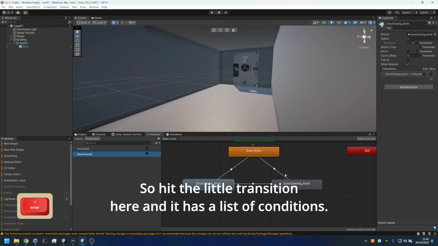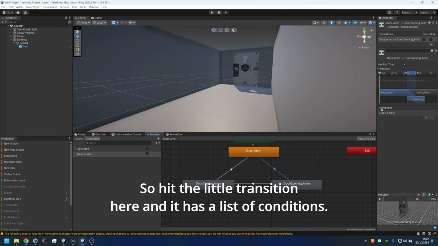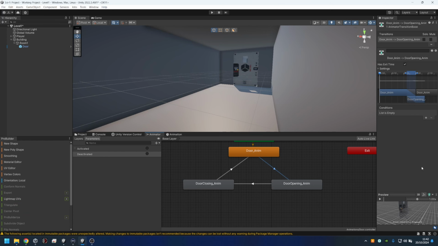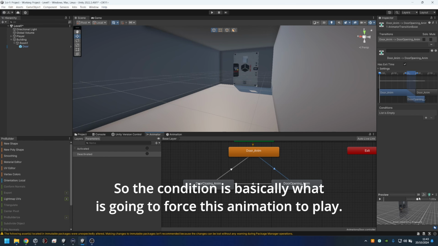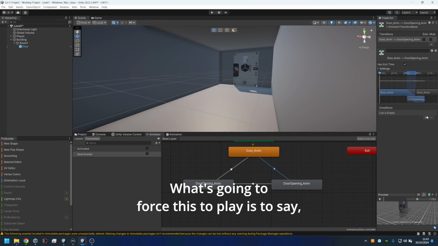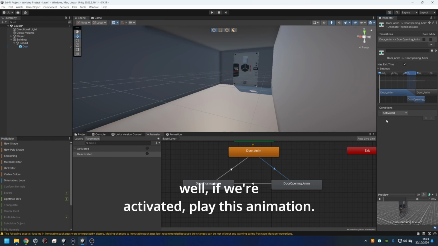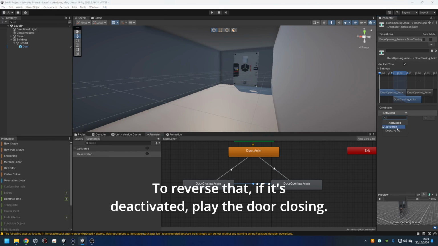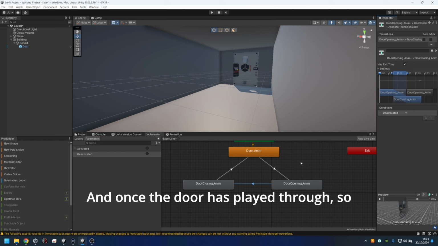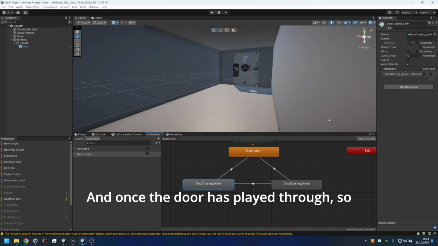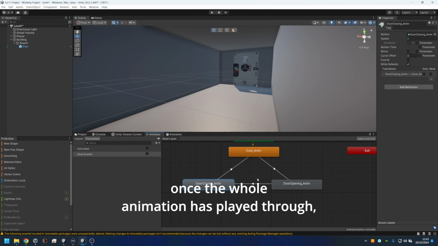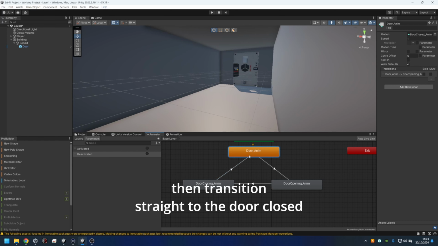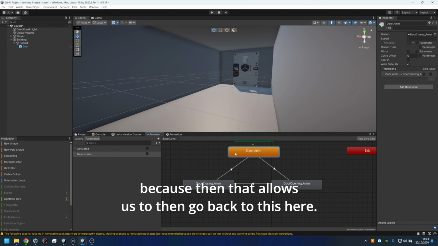So hit the little transition here, and it has a list of conditions. The condition is basically what is going to force this animation to play. If we're activated, play this transition, play this animation. To reverse that, if it's deactivated, play the door closing, and once the whole animation is played through, then transition straight to the door closed,